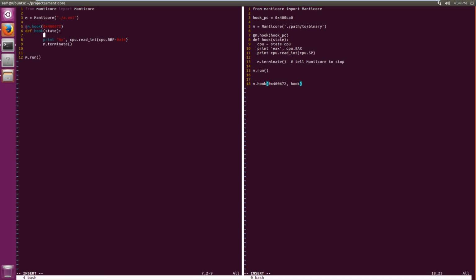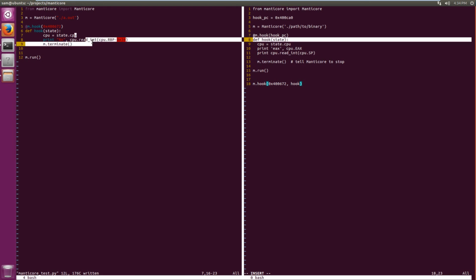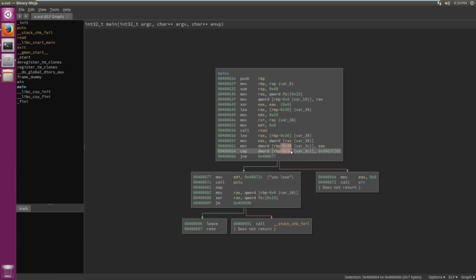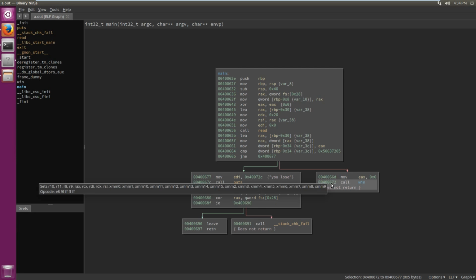CPU is equal to state.cpu. We want to get the CPU out of that state. We will then want to read an integer value. We want to read an integer value from CPU RBP minus 34 hex, which if we come back over here, that was the value that was being compared. So when we get down this win branch,